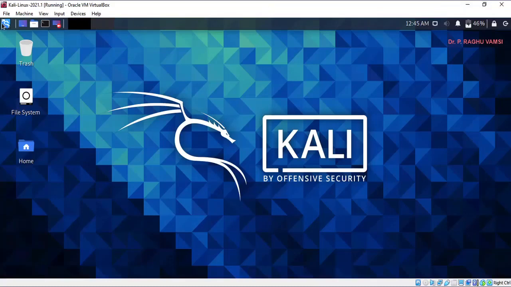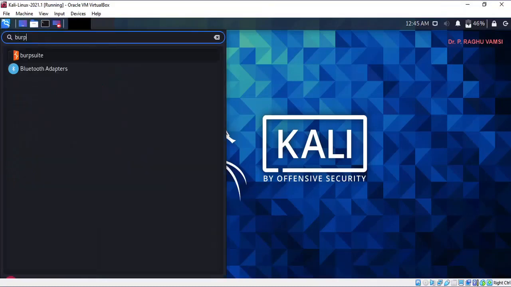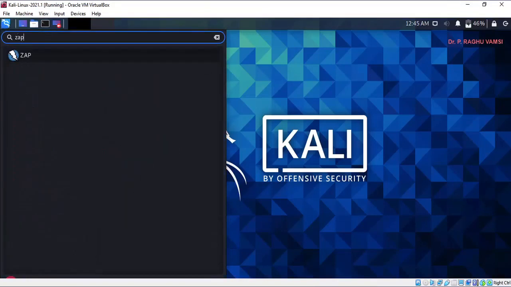We have seen that Burp Suite is available from the search box by typing burp. Like that, you will also find Zap. If Zap is not there, then you may install it from the command prompt with sudo apt install zaproxy. If you are using Kali Linux 2019 onwards, the Zap tool is included in the Kali image itself.